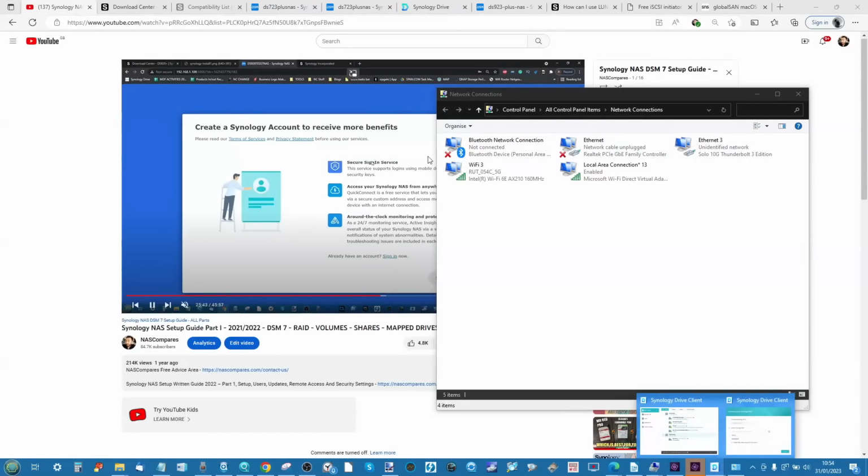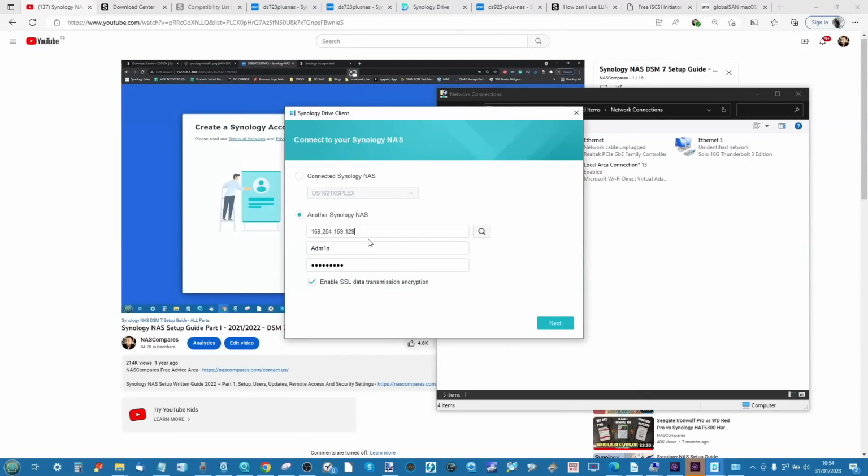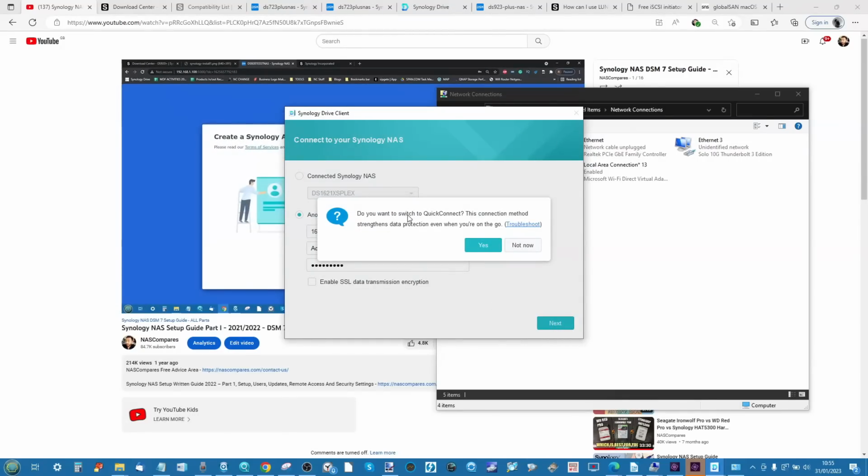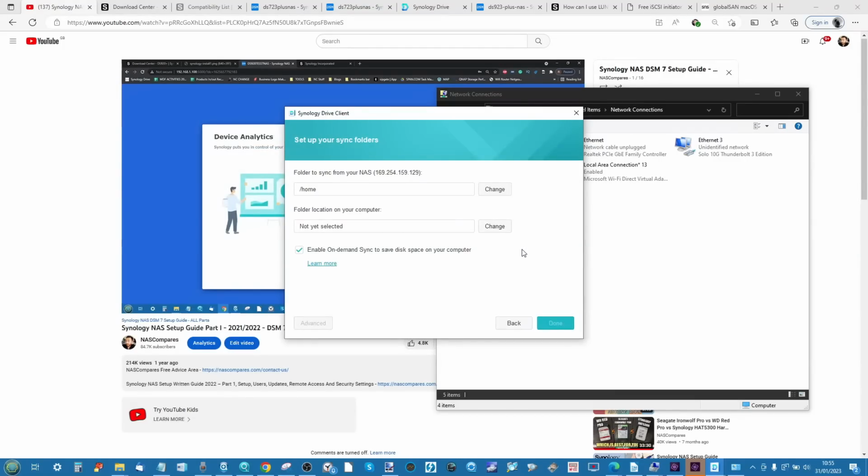If we go back into the Synology Drive client, I'll proceed with the 10GBE connection. Also choose if you want encryption, but bear in mind encryption will be slightly slower and only really applies to outside of the local area network. As you can see, it's asking how you want to connect to the device, whether you want to switch to Quick Connect or remote access or stick with local access. I'm going to say no for now, but you can add it later. Next,